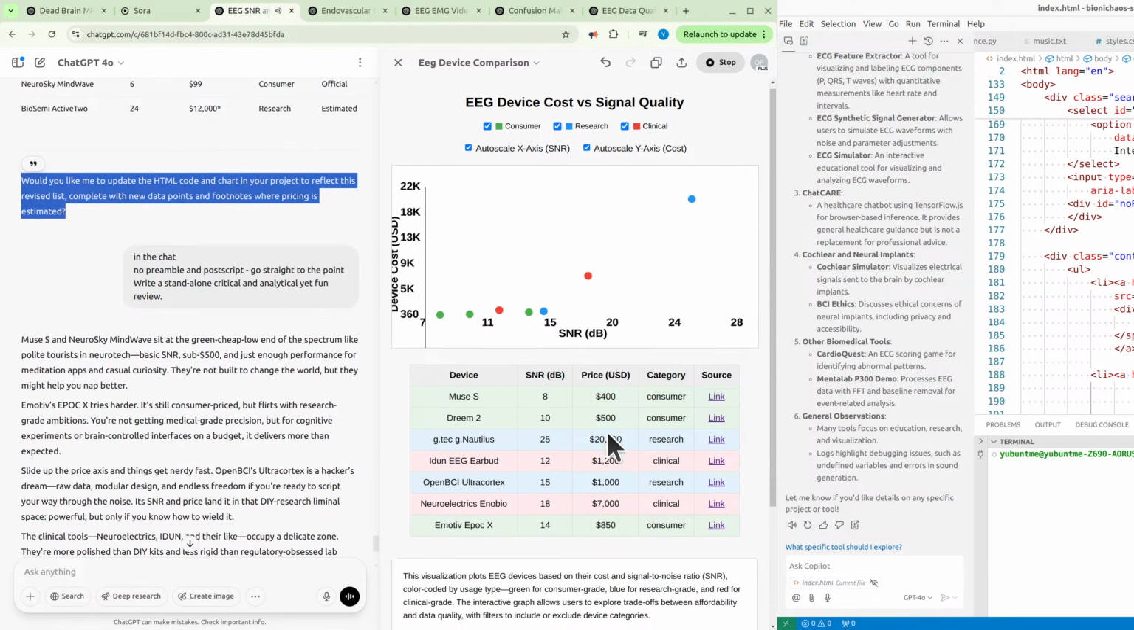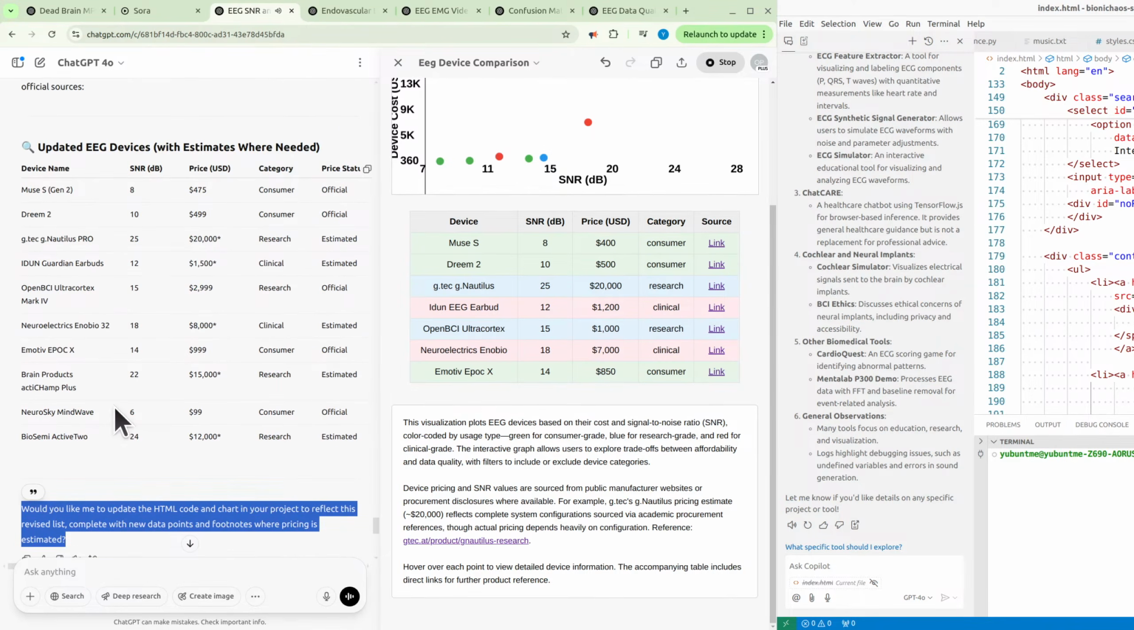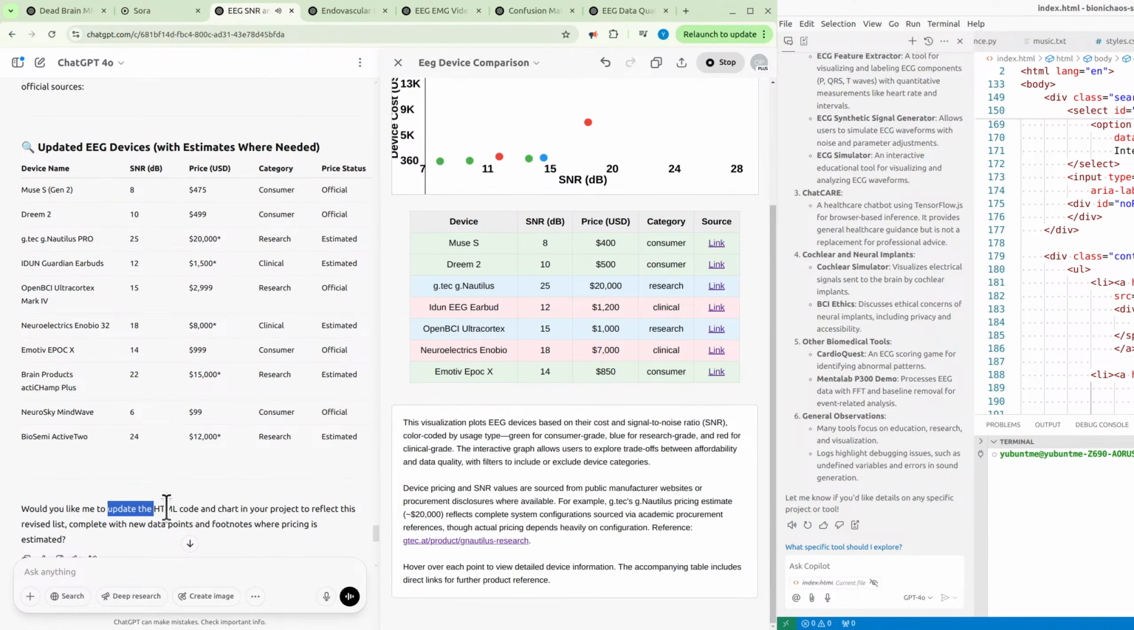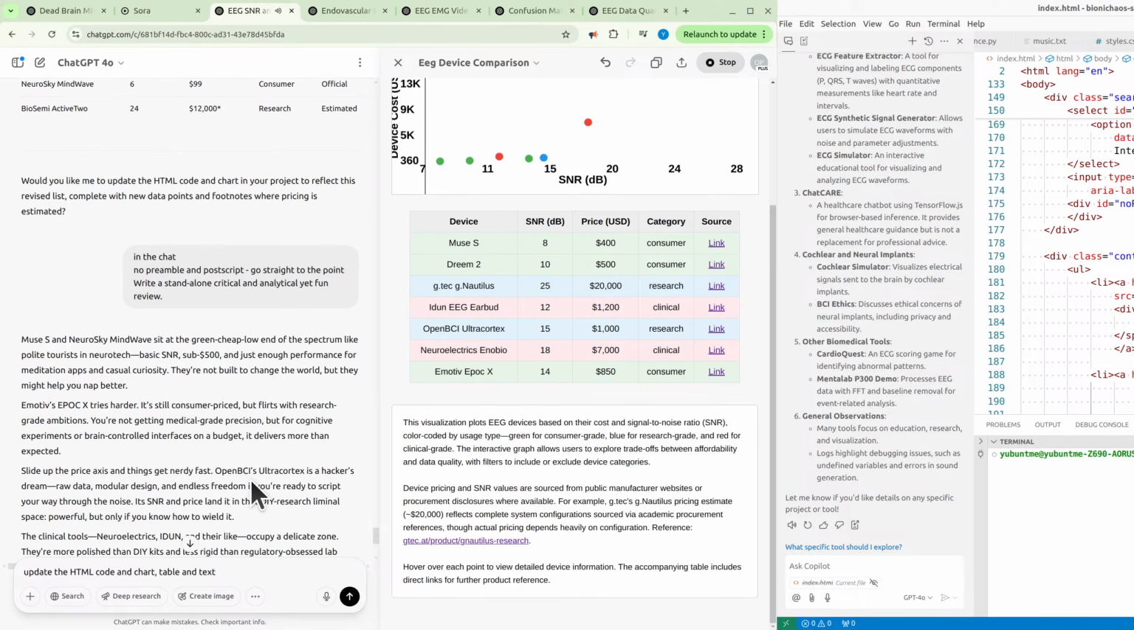NewsS and NeuroSky Mindwave sit at the green, cheap low end of the spectrum like polite tourists in neurotech. Basic SNR, sub $500, and just enough performance for meditation apps and casual curiosity. They're not built to change the world, but they might help you nap better. Emotive's Epoch X tries harder. It's still consumer priced, but flirts with research grade ambitions. You're not getting medical grade precision, but for cognitive experiments or brain controlled interfaces on a budget, it delivers more